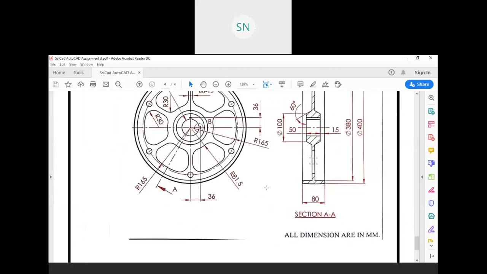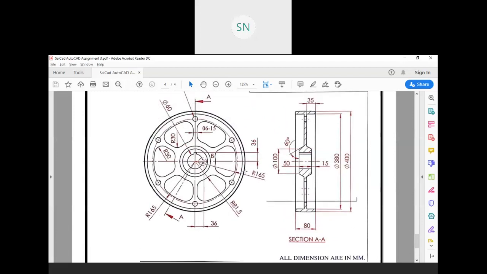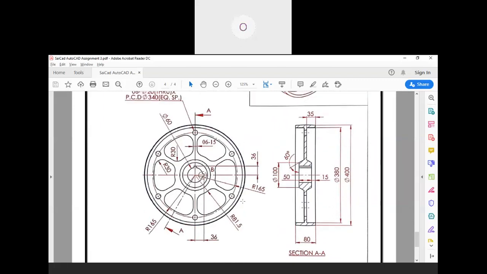Yes. Actually, this section is a miss. See, this section is cut not from like that. It is cutting from this 60 degree. Yes, sir. So on the bottom side, we need to consider this thing, right? You are right. So good presence of mind and very good reading skill of your drawing. Thank you, sir. So actually you are right.